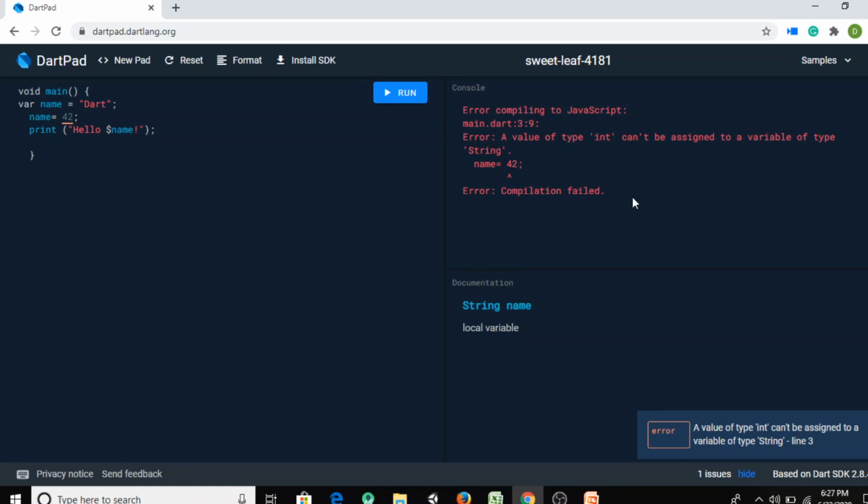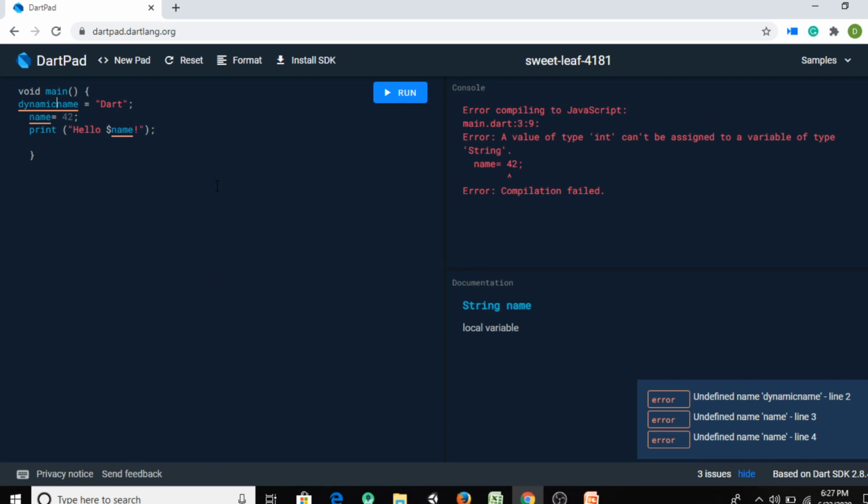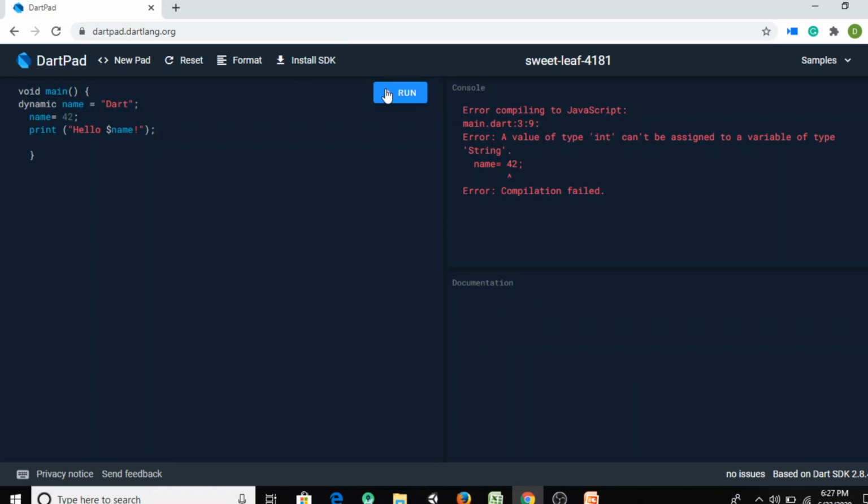Okay. Actually, you can declare a dynamic type as follows, although I believe you should avoid it in most cases. If we write dynamic name equal to Dart, then name equal to 42, we should get a result: hello 42.